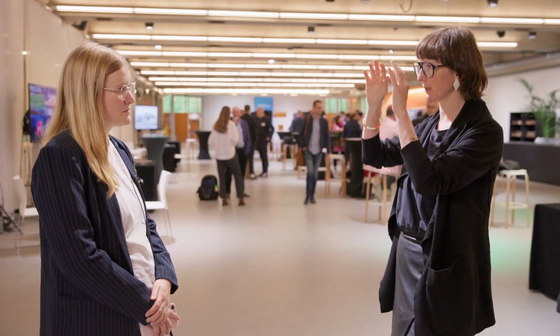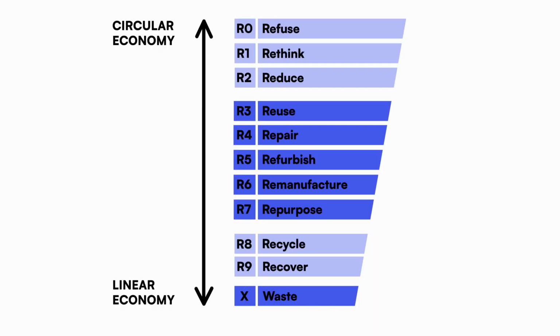Yeah, there are actually different models. I know models where they have 6, 9 and 11 strategies, and the idea is that it is sort of a pyramid. You start at the top and then you work your way down. So when the first strategy doesn't really work, then you look into the next principle and try to apply that one. So going from top to bottom. Regarding that, we have 2 at the top, rethink and reduce.